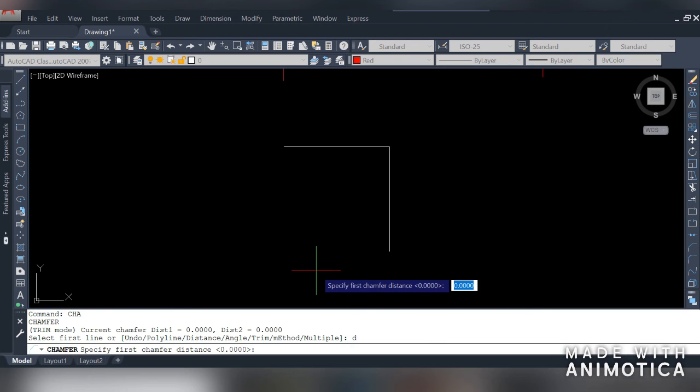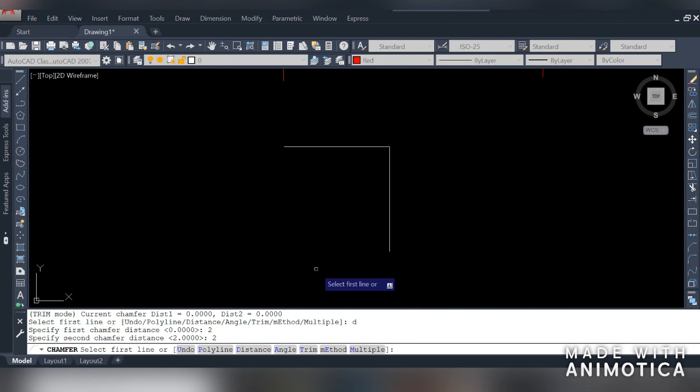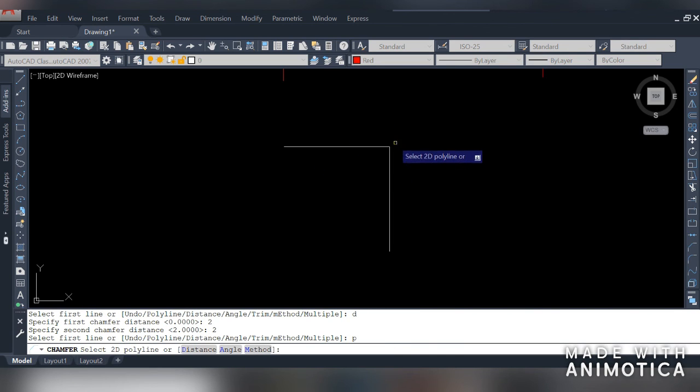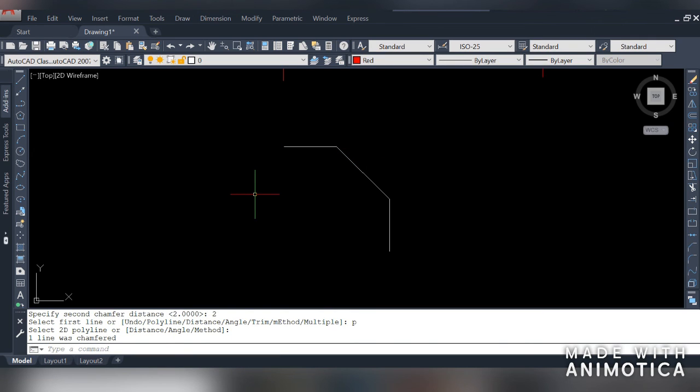Choose the first chamfer distance, say 2 unit. Choose the second chamfer distance, say 2 unit, press enter. Now to choose polyline chamfer, press P and then press enter. Now select this polyline. You can see we don't have to select two other objects. The polyline chamfer is created.